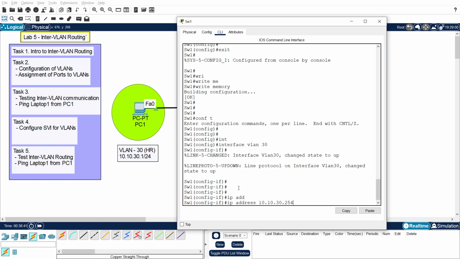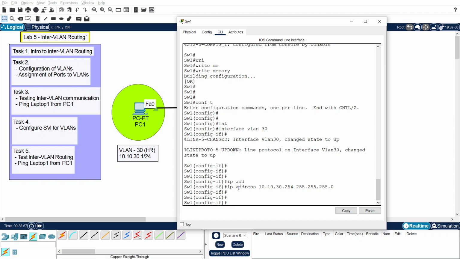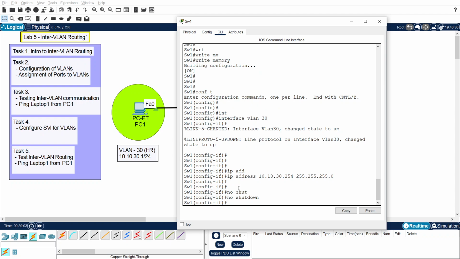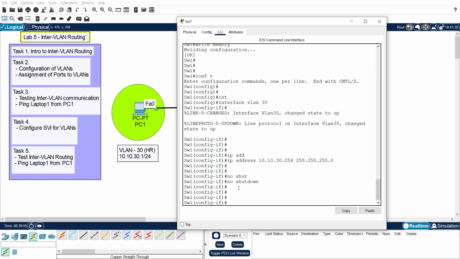This IP address will actually work as a gateway for all the clients that are in this VLAN, and the subnet mask will be 255.255.255.0, and I will use the command no shutdown so that this layer 3 interface is in up mode, and I will